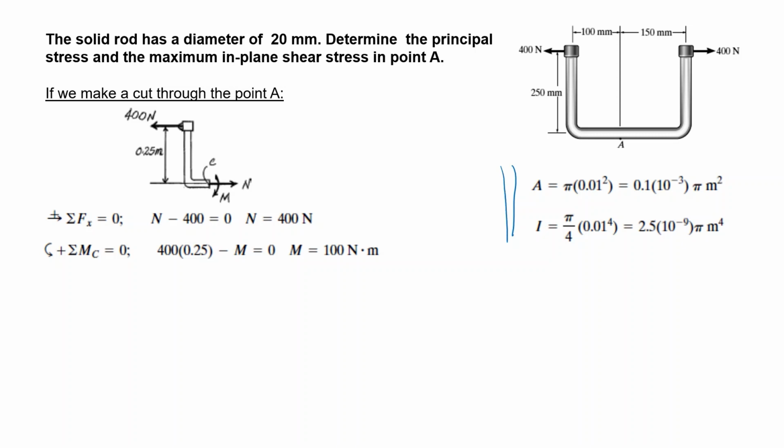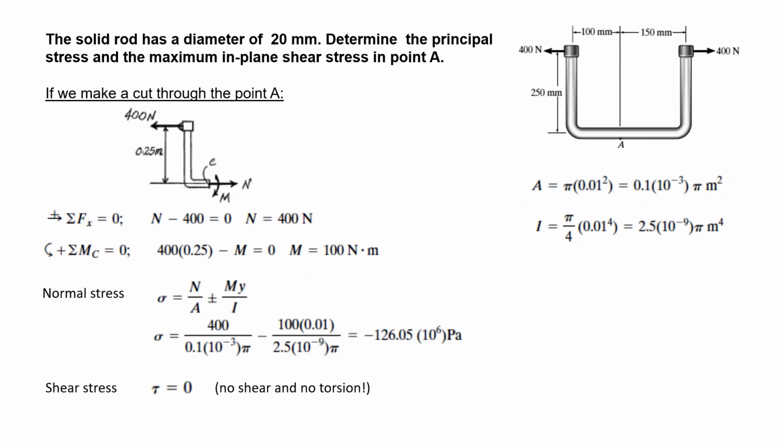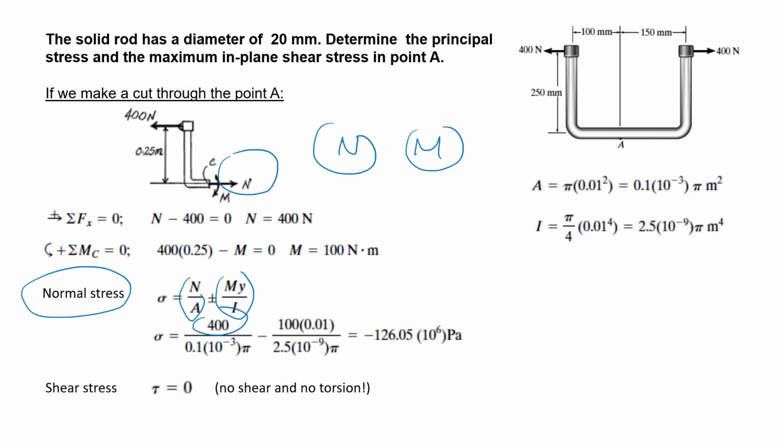Now, before making the stress calculation, I need to determine the cross-section of the critical section and the moment of inertia for bending. Now the stresses. We know that the normal force and the bending moment will create normal stresses, and we can add them by superposition. So let's try to do it. The normal stress is a tensile positive N divided by the area. And for M, if you have a bending moment in this direction, so your section is here and your point A is here, you bend like this, and over here you will have a negative normal stress. That means minus